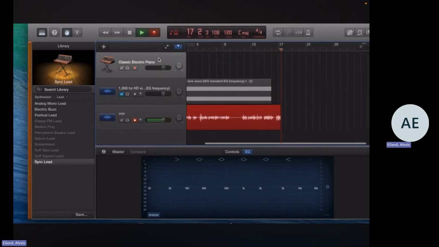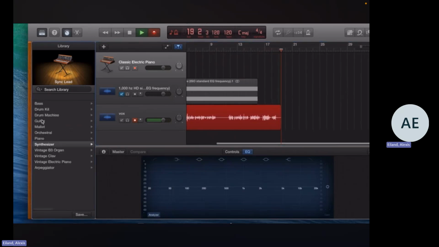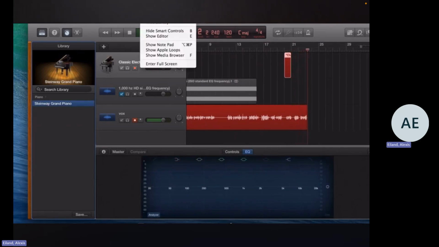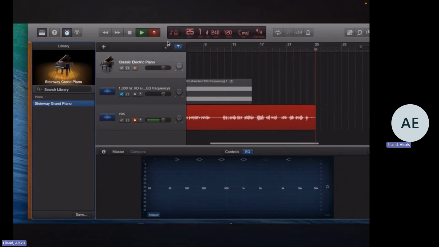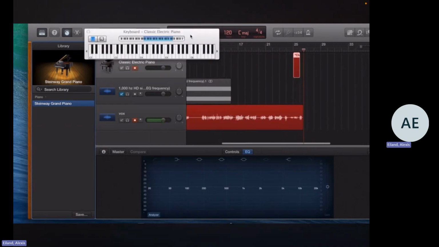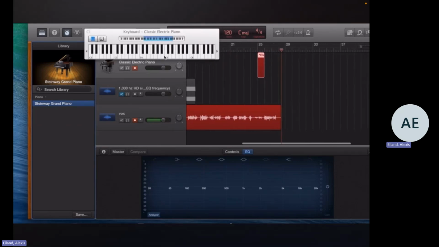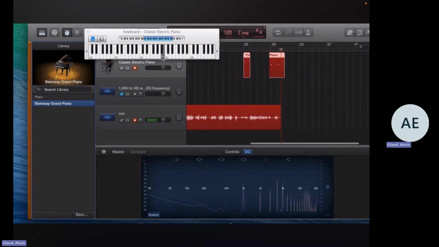Now, if I go into a different instrument, such as a piano, this is an example of a musical instrument to produce a complex sound. Let me go to the Steinway. I'm going to put the analyzer on, and I'm going to play the same tone. I'm going to show my keyboard here quick. All right, so the tone that you heard was 1000 hertz, which is about a B4. That's this tone.